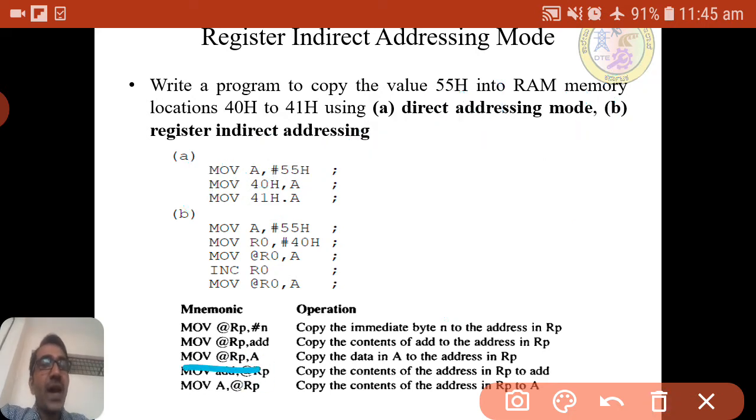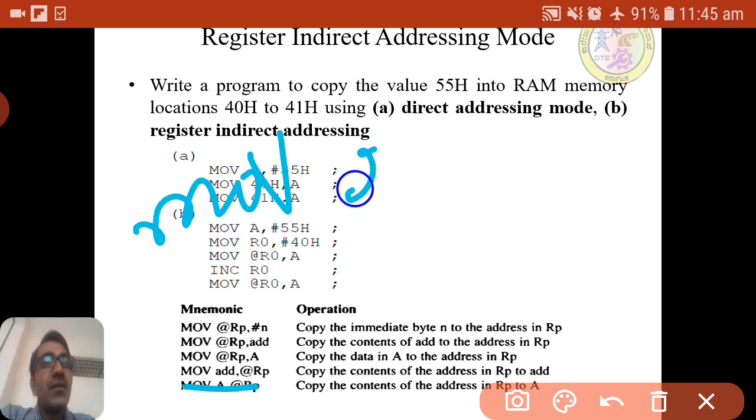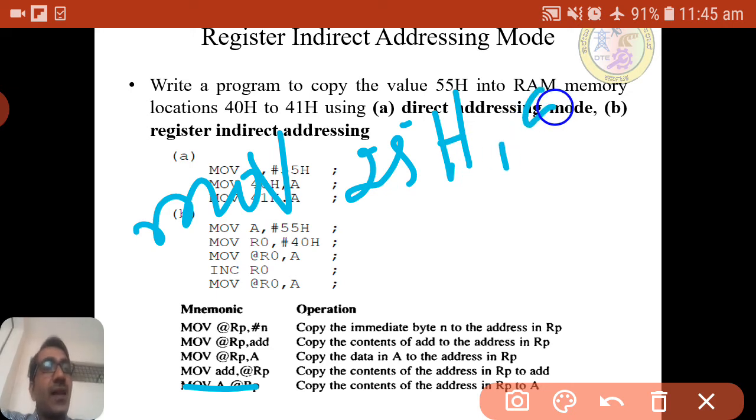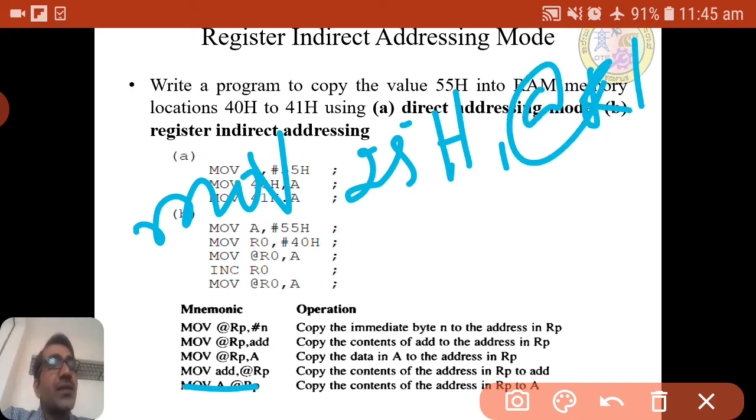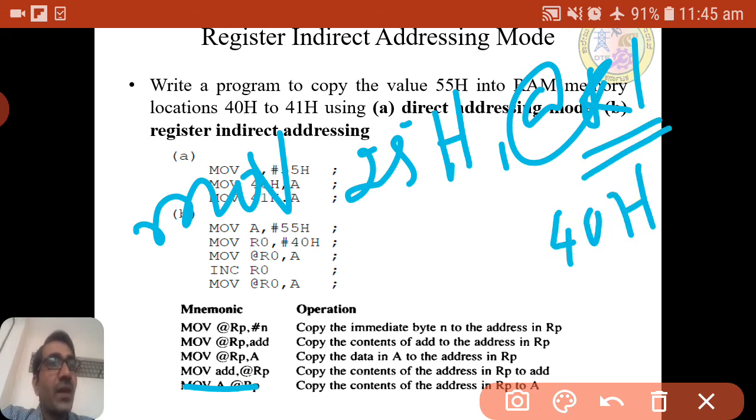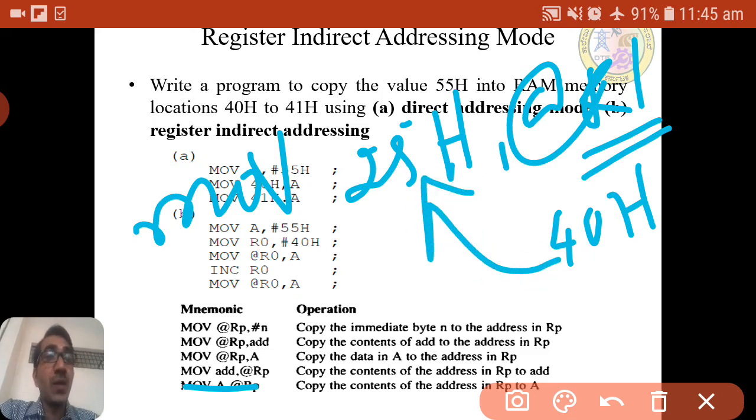Similarly, move @Rp comma A is like what we have seen here, and move add comma @Rp. So it is like move 25h comma @R1. The address is stored in R1, suppose R1 is 40h, the content of 40h will move to the 25h memory location. So 25h is the address here, okay.